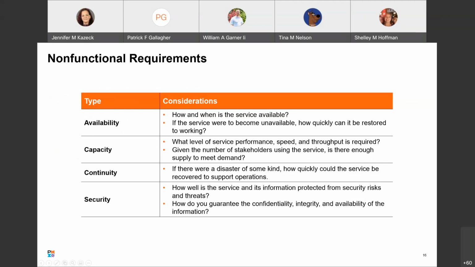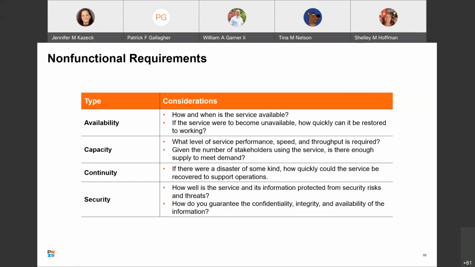So let's take a look at some non-functional requirements. Business solutions tend to focus on the functional requirements, what people need to be able to do to carry out work using the project deliverables. However, there are other considerations as well. Non-functional requirements are used to help stipulate level of service warranty of the deliverables. In other words, can you count on this product or service to be usable?